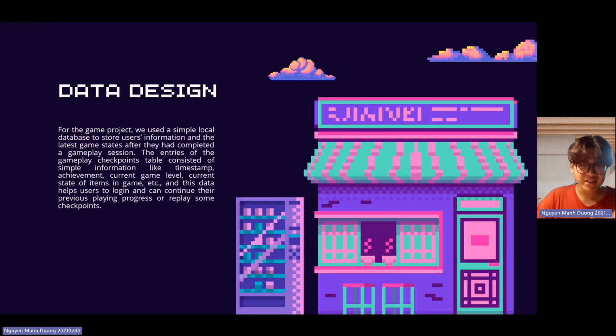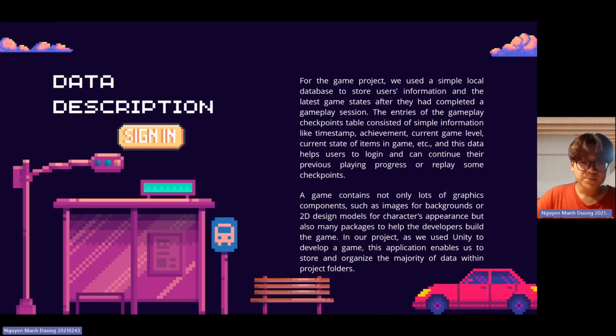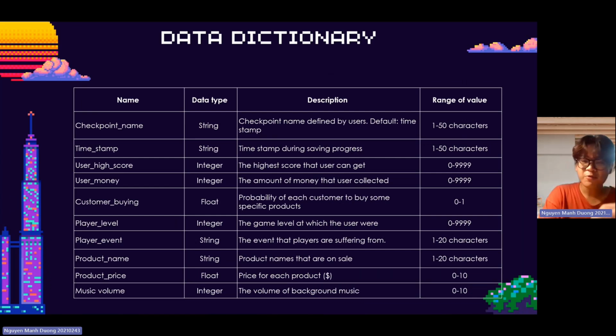So how about the data design? Here is the data dictionary for all of the main data we use in the game, and also its corresponding data type, description, and range of values. We have the checkpoint name and timestamp here for saving the checkpoint and saving the settings of the player. We have the user high score, user money, and many other settings for the gameplay, for loading the game and making the gameplay